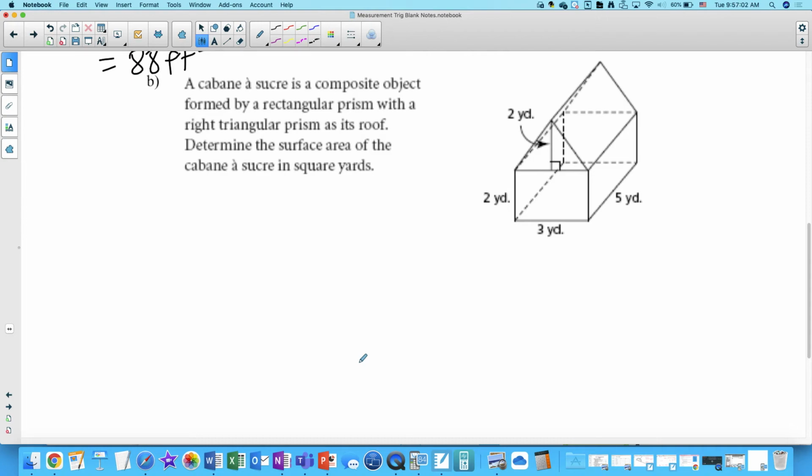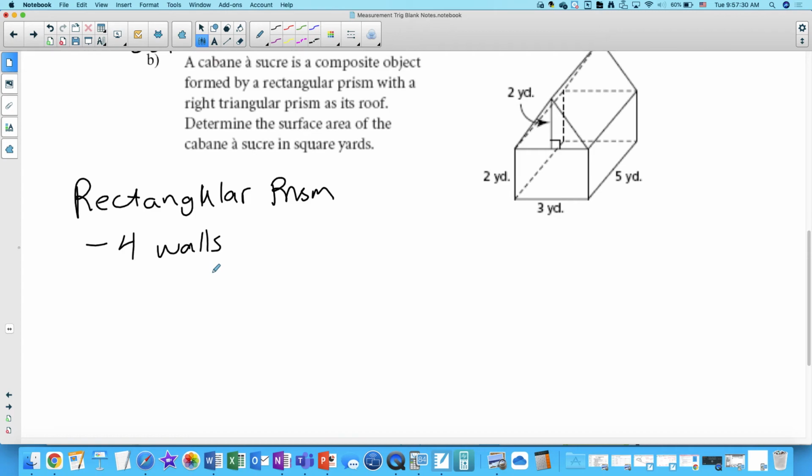we got the four walls. And the front and back is 2 yards by 3 yards. And there's 2 of them. It's 2 times length times width, which is 2 times 3. And the multiplication by 2 is because there's 2 identical walls. Okay, and then if we have the 2 sides, the right and left side,